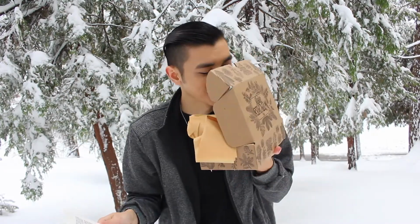It smells so good. Whatever herbs in here, or the oil, or the candle, guys, it smells so divine. It says the theme for this month is the stem of health, which is great with everything going on. And just me, I've been getting sick a lot, so it's nice that they have a little health box for